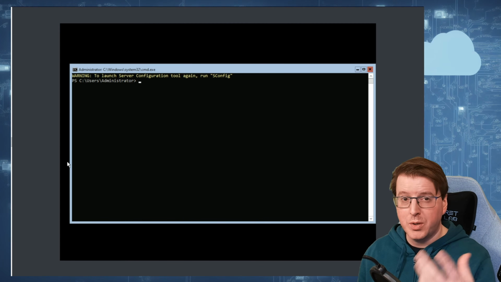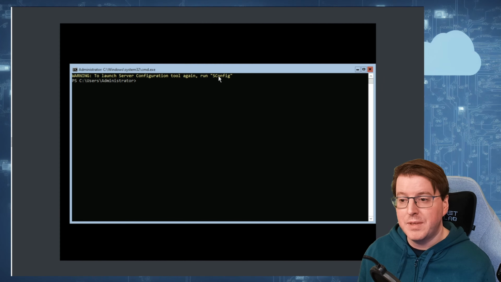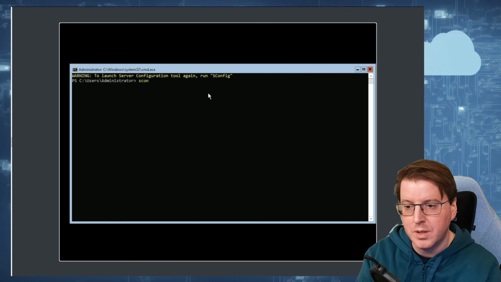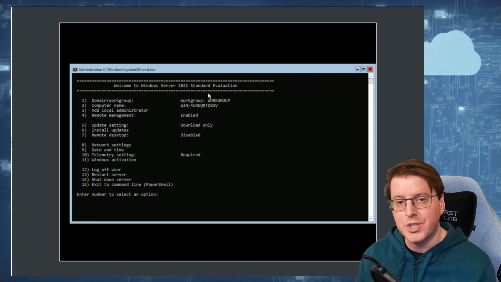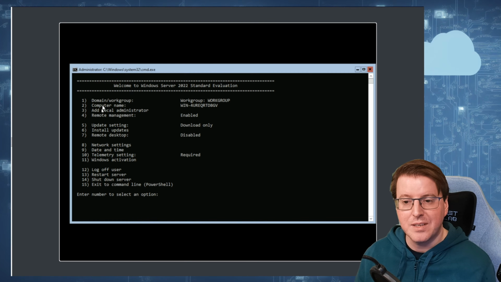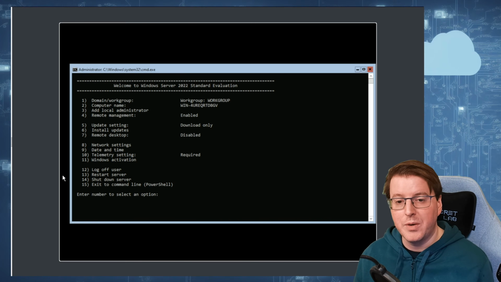Now at this point, we could use some of our command line skills to go and do some configuration, but we have this option here to be able to run a command called sconfig. Even though Server Core Edition doesn't actually have a GUI as such, this is the closest you're going to get. This allows us to do the basic configuration of Server Core without really worrying too much about knowing the commands